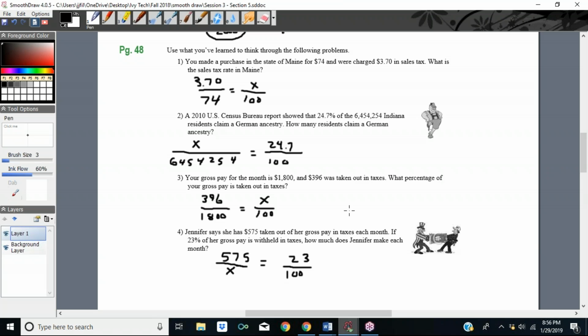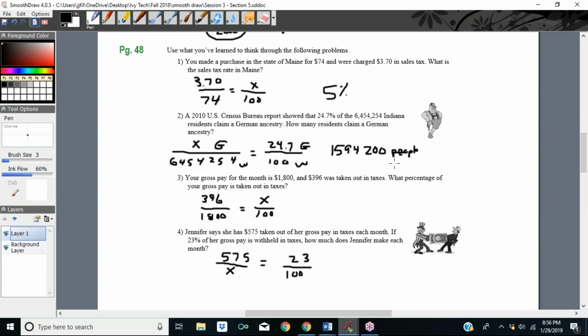All right, so there's how we set each of these up. And again, in number 1, the $3.70 is the part to whole, $74. The tax rate is going to be less than 100%. It's actually 5%. And in number 2, it says that 24.7% of the 6 million have German ancestry. So this is the German ancestry, this is the German ancestry, this is the whole, this is the whole. And it looks like it is 1,594,200 people